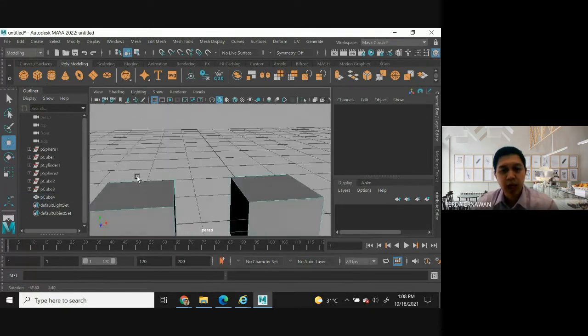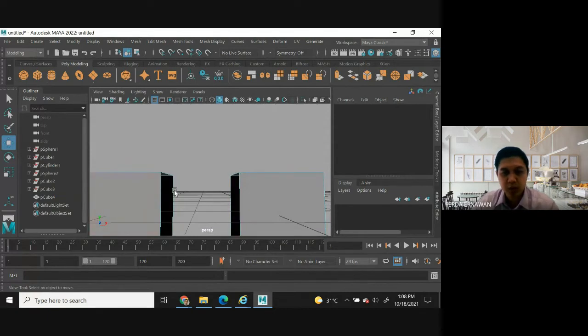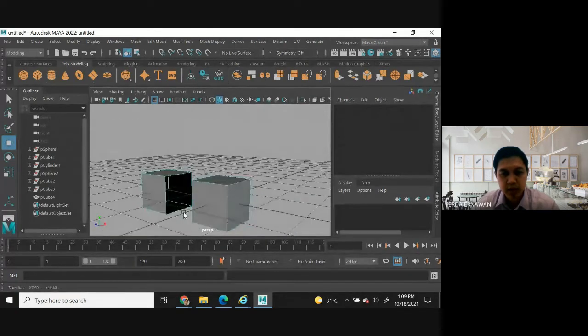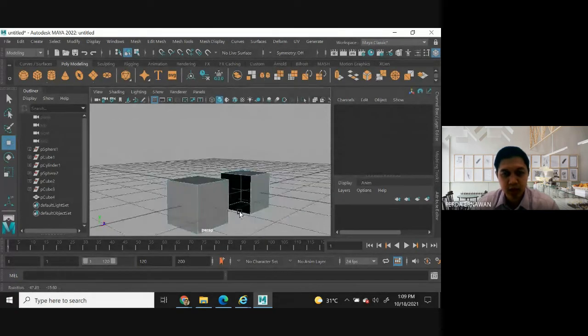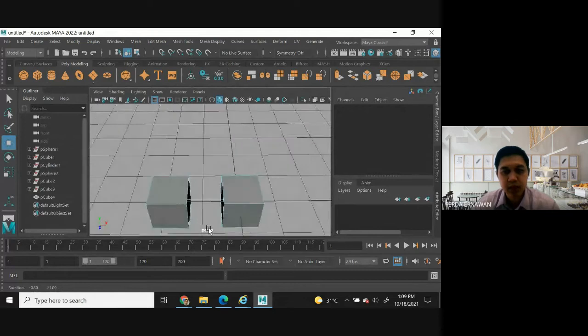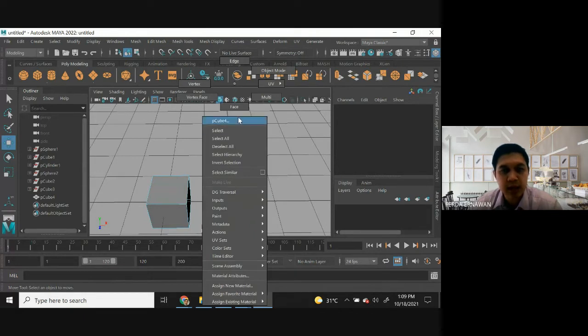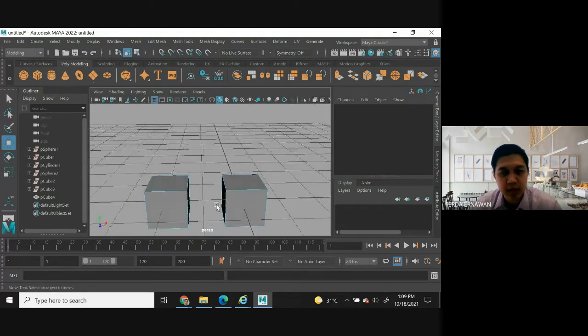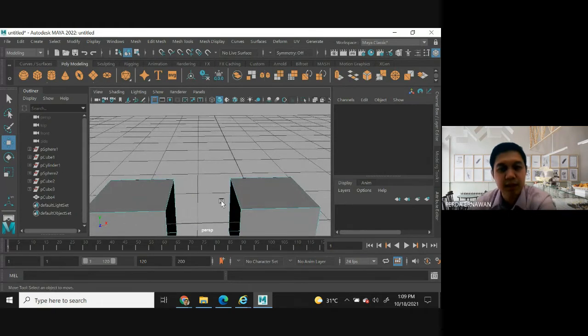So now we have a gap between two objects, and I already deleted the face or polygon in each cube here. So next, I can right click, select the edges here. It means I'm going to edit the edges, right? Let me zoom it like this.